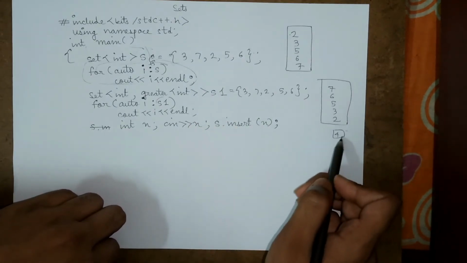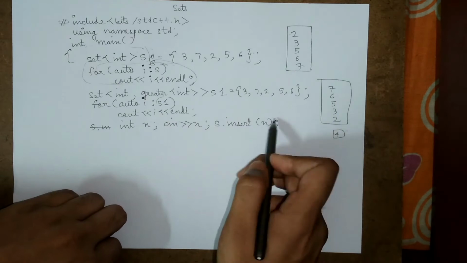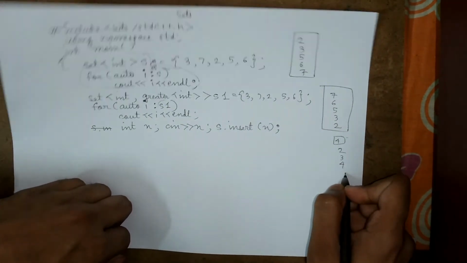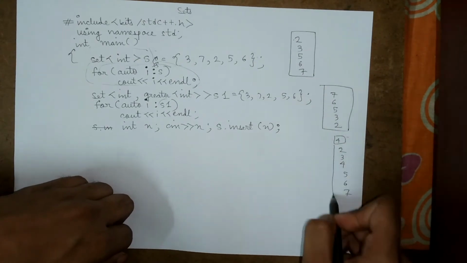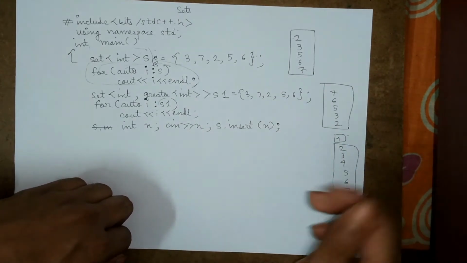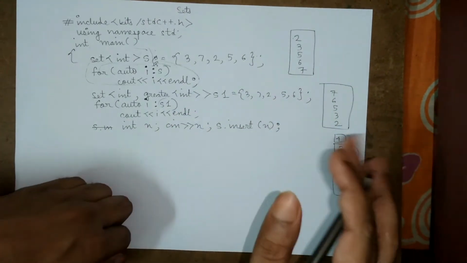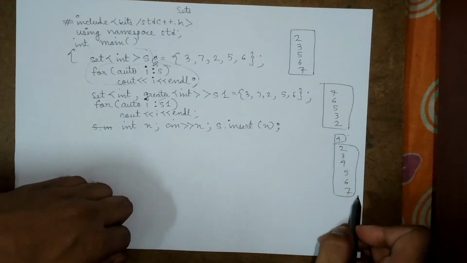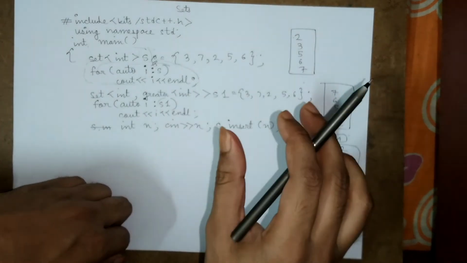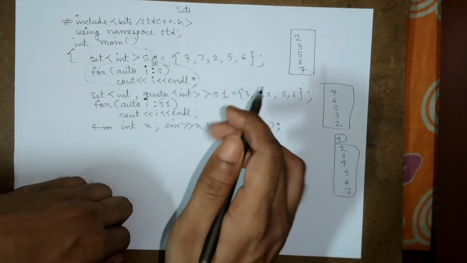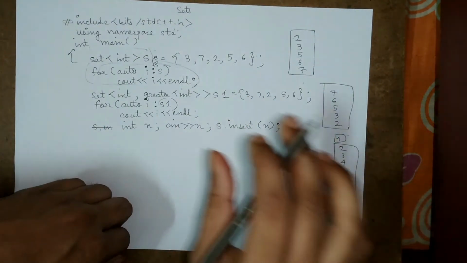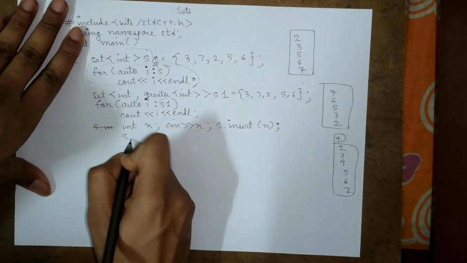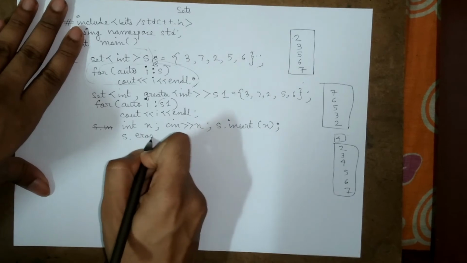so if I now print this set, it will look something like this: 2 3 4 5 6 7. Again the set will have arranged itself in increasing order. Okay, it is not like any other container where the element will be inserted at the back. It will be inserted in the appropriate position where the set will be arranged in sorted order. Okay, now if I want to delete this element, what can I do? I will just simply do s.erase(x).